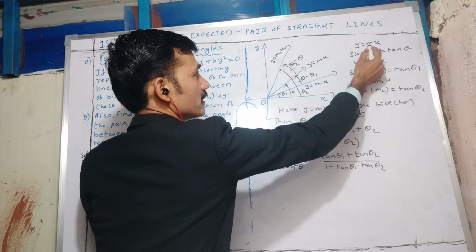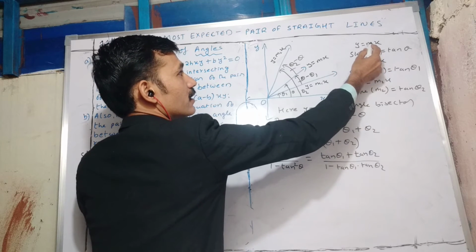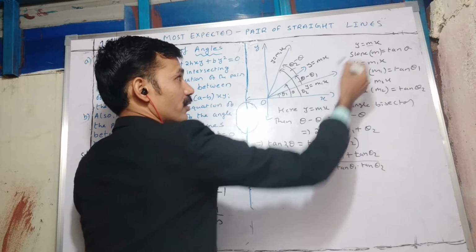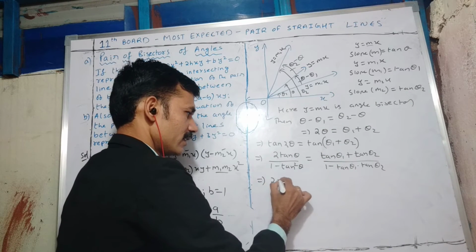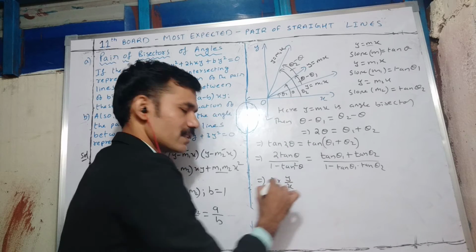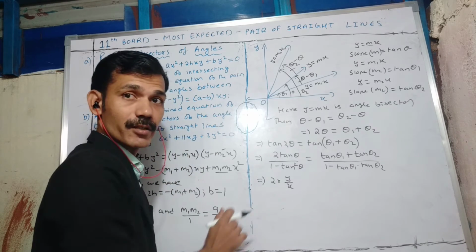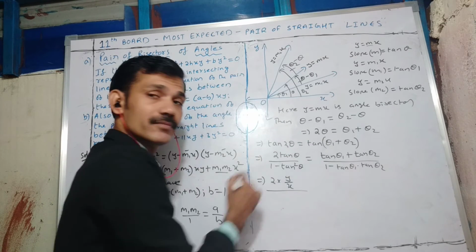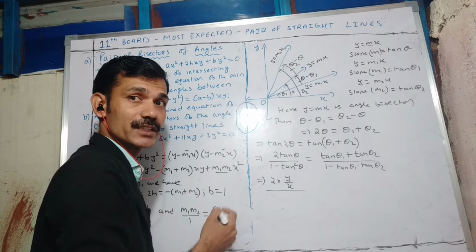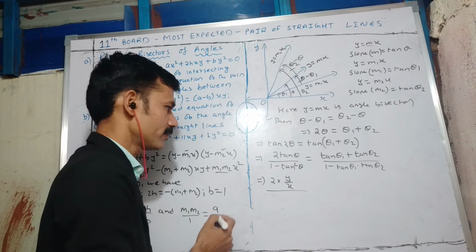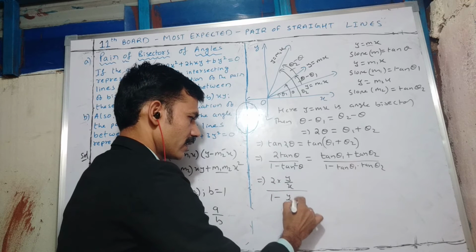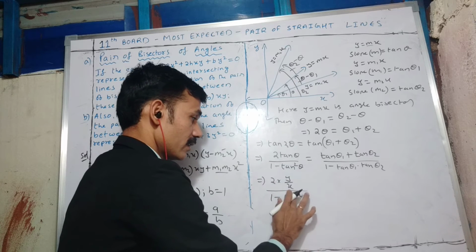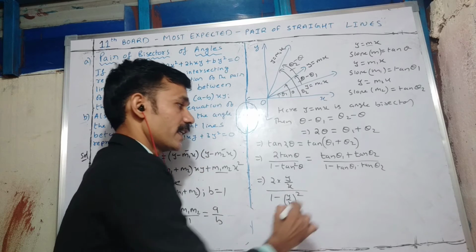Then that m value it is. So tan theta will be equal to y upon x. We know that tan theta is the ratio of the y coefficient upon the x coefficient when the given line equation is in the gradient form or slope form. Here, 1 minus, instead of tan theta we can write y upon x. Here square is there, so we have to write square.